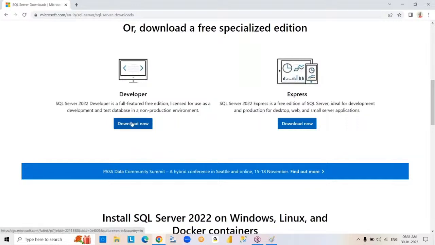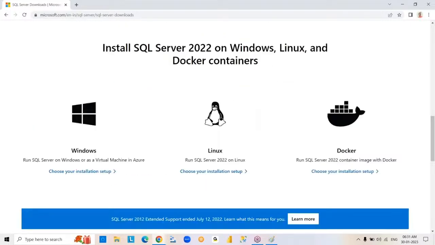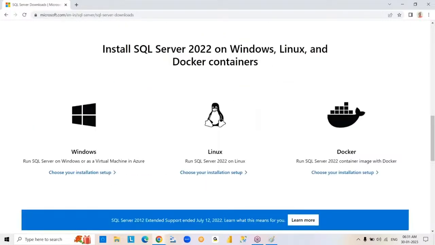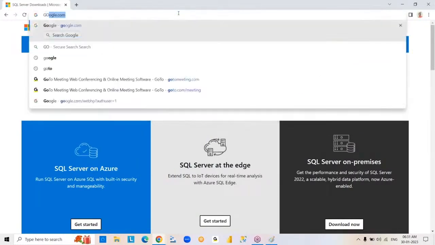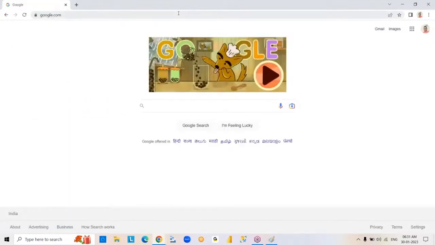So you can download it and install. Okay. Now, an installation video I will share. Next, after completion of the SQL Server installation,